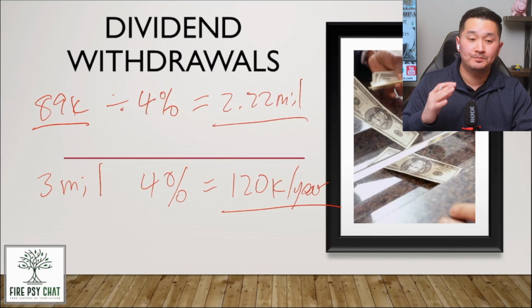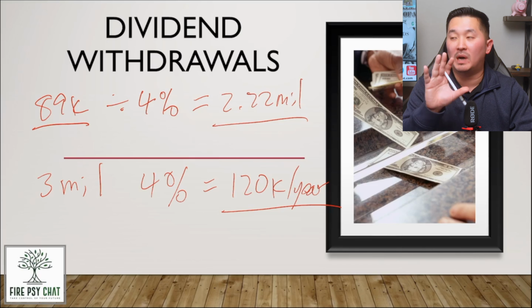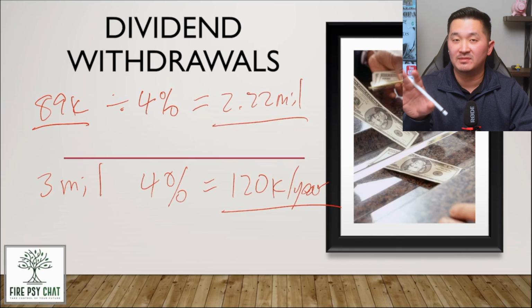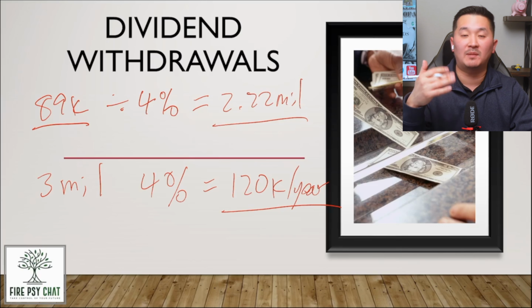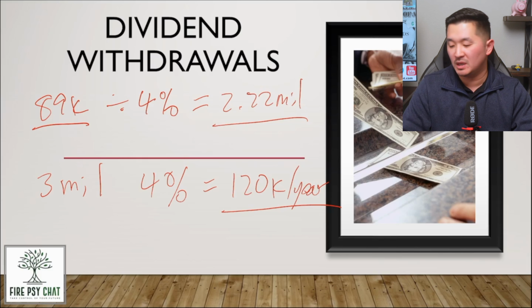And if you're brand new to my channel, I've been talking about this for the last 2 years: my retirement age is going to be 45. After that, I'm done. It doesn't mean that I'm going to quit all of this. I'm going to continue doing what I love to do. Imagine having 120K a year, right? Yielding 4%, 3 mil, or probably less than that. Let's say 2 mil, making 89K a year, tax-free. How awesome would that be?